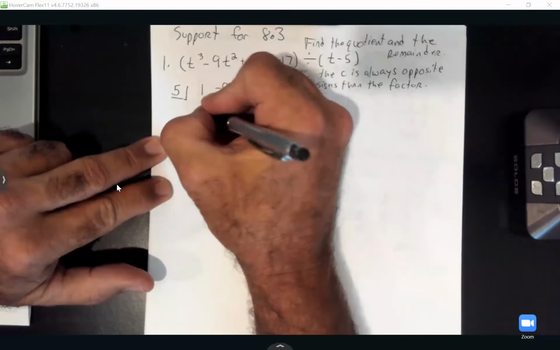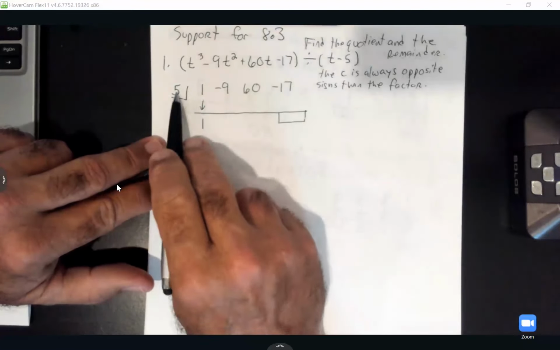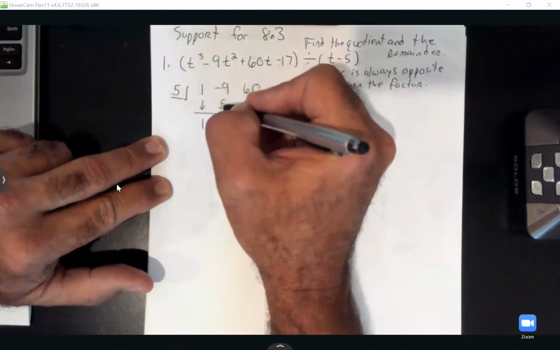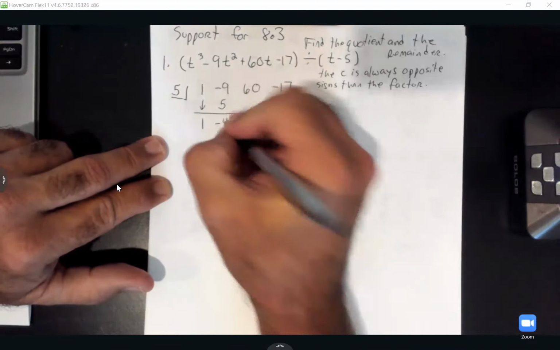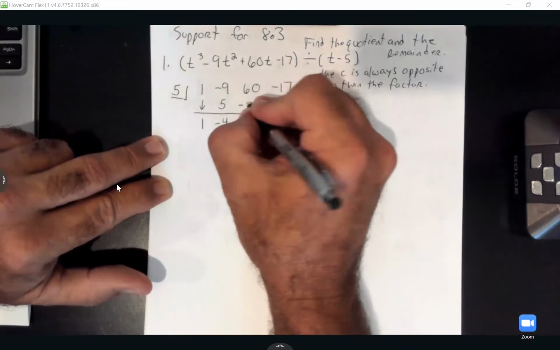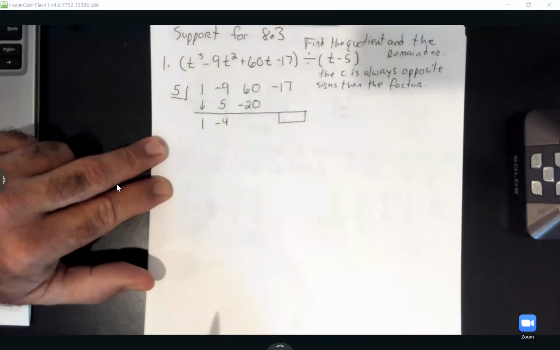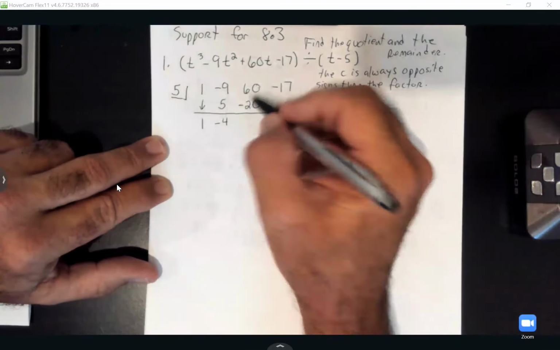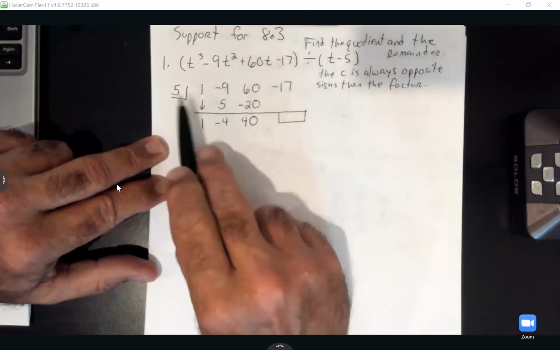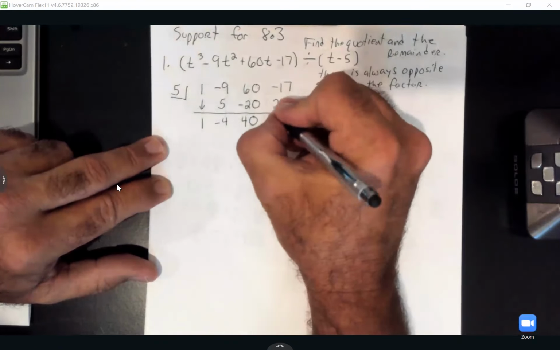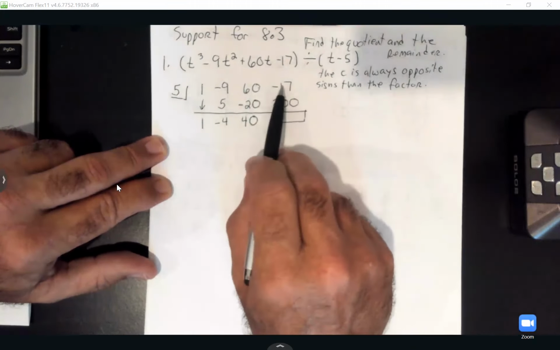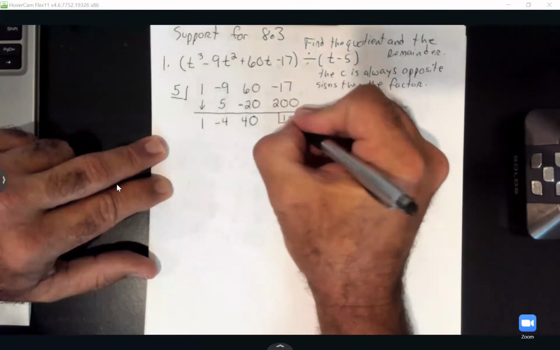So remember, first number comes down. 1 times 5 is 5. Add negative 9 and 5, you get a negative 4. Negative 4 times 5 gives me a negative 20. All righty. 60 minus that 20 gives me 40. 40 times 5 is 200. And if I take that 200, subtract 17, I'm left with